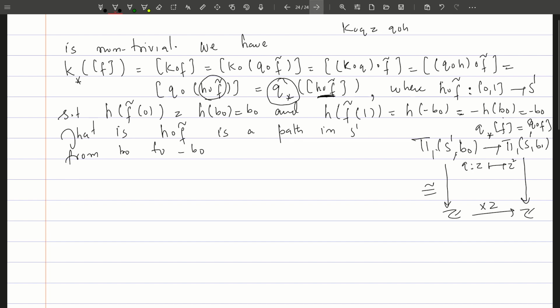So hence this homotopy class of edge of f tilde,